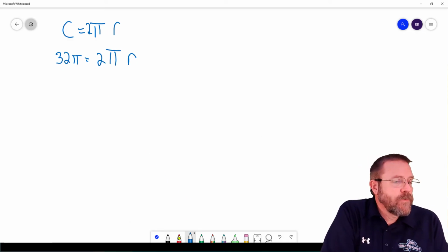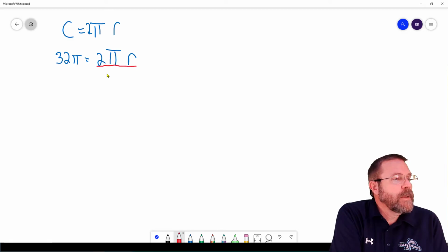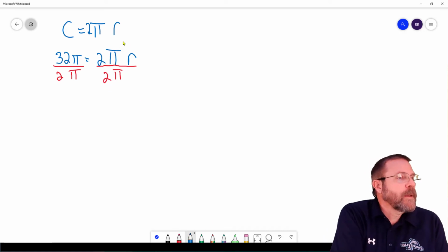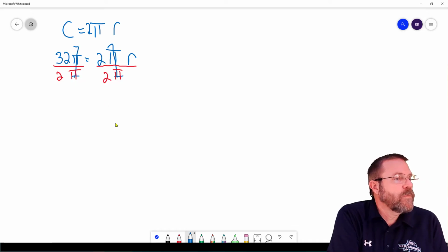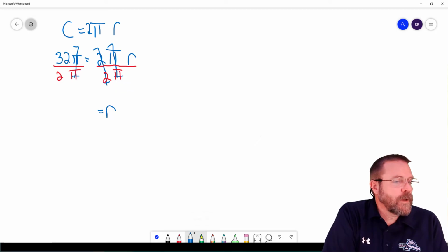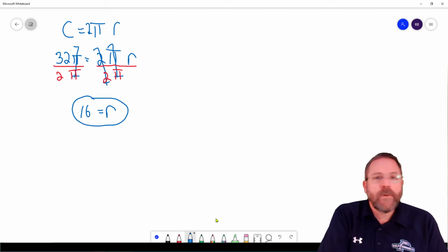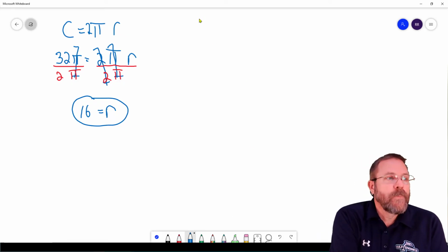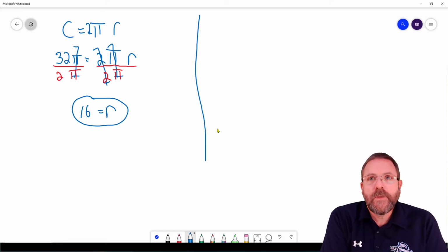I'm going to isolate the variable r by dividing its friends, 2 and pi, on both sides. When I do that, pi divided by pi is 1, 2 divided by 2 is 1 on the right, and 1 times r is just going to leave me r for the radius. And on the left-hand side, 32 divided by 2 is going to give me 16. So now I have my radius of 16, which I'm going to circle, not because it's the answer, but